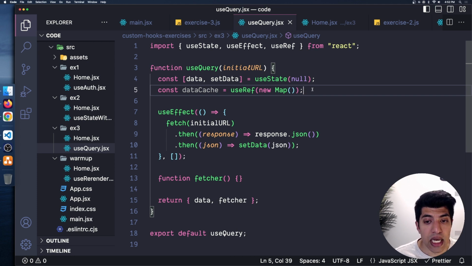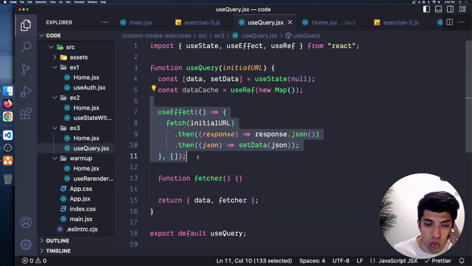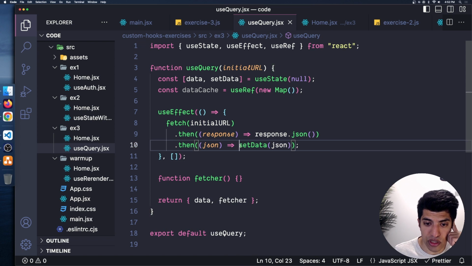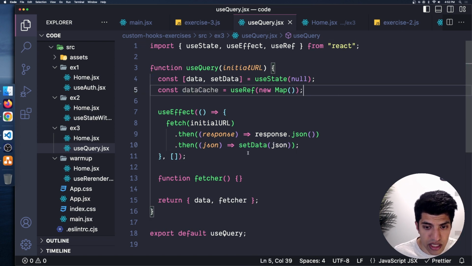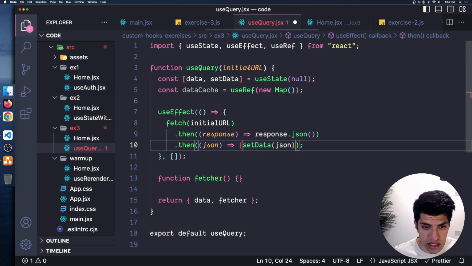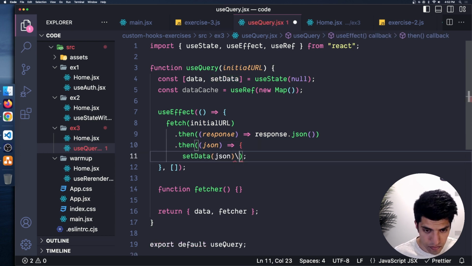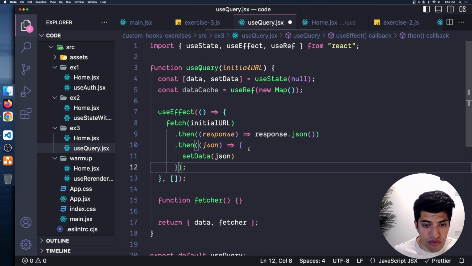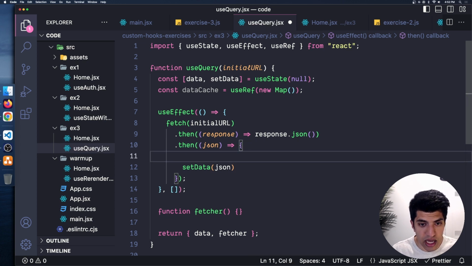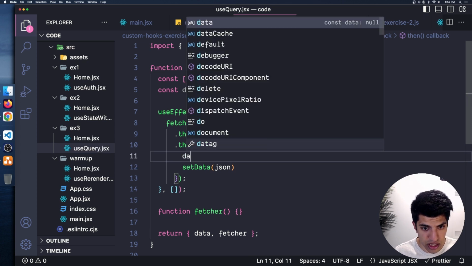Okay, now what are we going to do? Well, let's deal with the case of the first fetch, because we actually want to make sure that we cache this response when it comes back. So I need to store that in this cache. So I'm going to extend this here, and before or after I set the data, I also want to store it in the cache. So I'm going to say dataCache